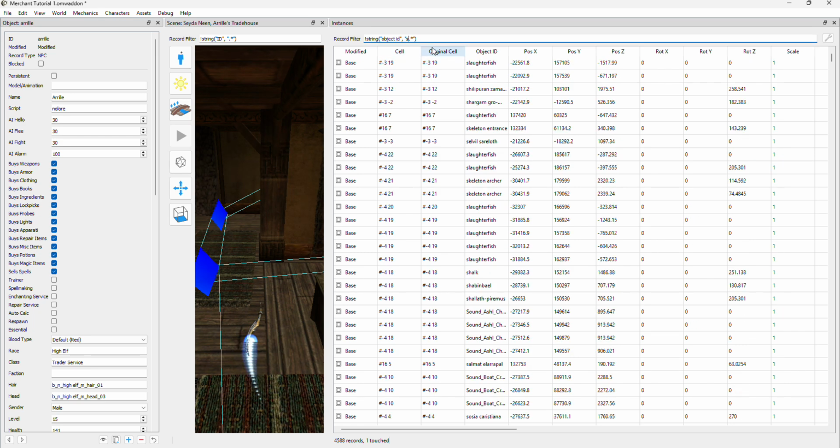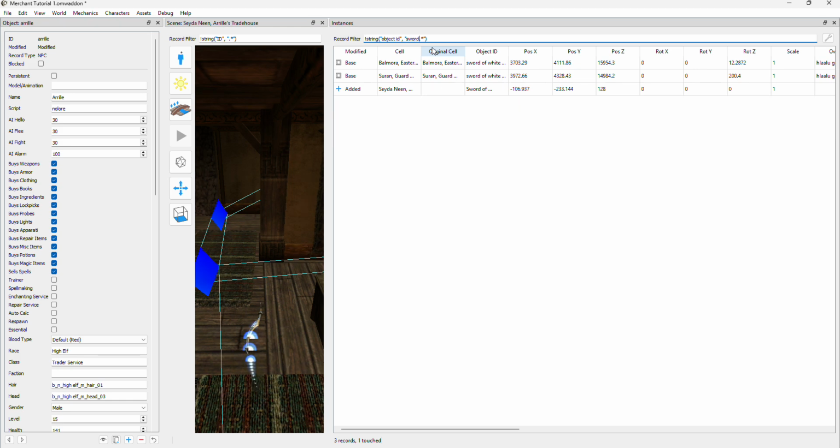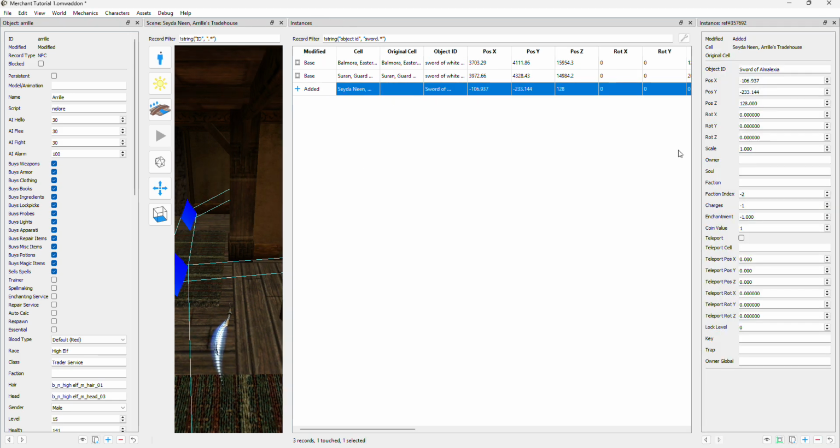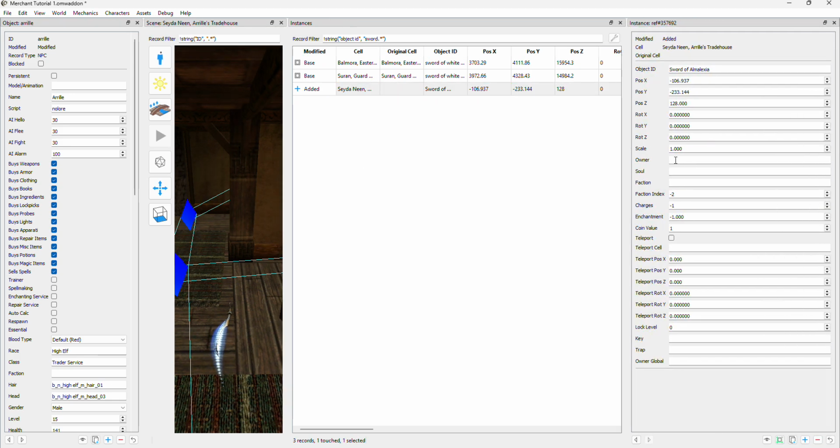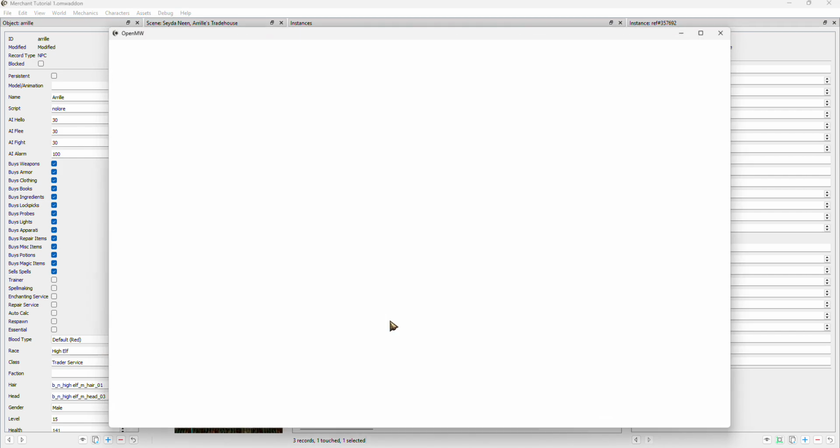And then we can find Sword of Amalexia. So we can edit this record, and we can set the owner to Ariel. We can file, save. And if we go into the trade house again,